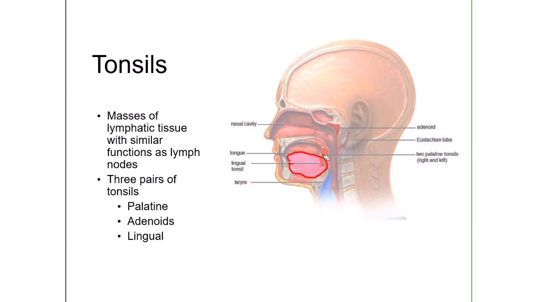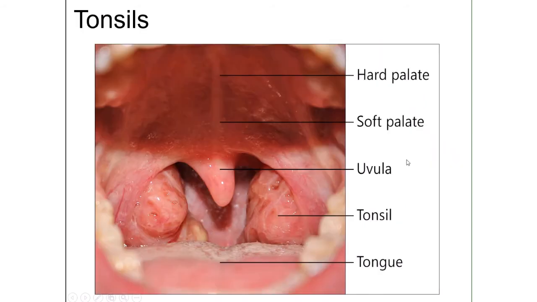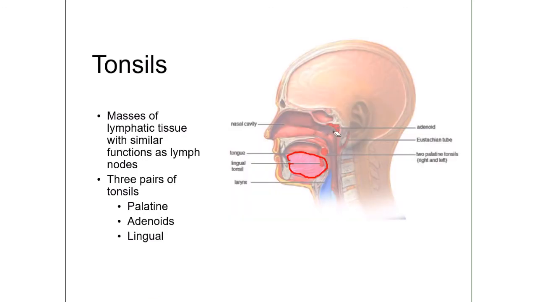And there is another one at the back of your throat here. That is the palatine tonsils. So if you go to a mirror, open your mouth and say ah, you should be able to see your palatine tonsils. And if you have a tongue depressor or popsicle stick, if you press down on the tongue, you should be able to see your lingual tonsil right here. You cannot see your adenoid tonsil. Your adenoid tonsil is all the way at the back of the nose. You won't be able to see that